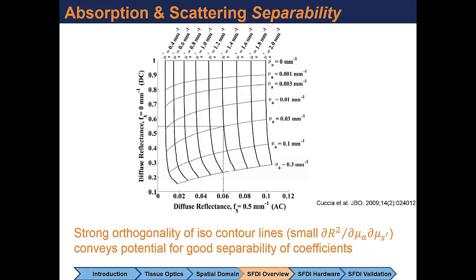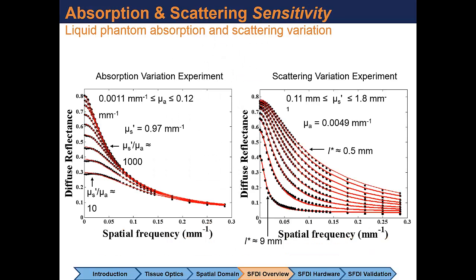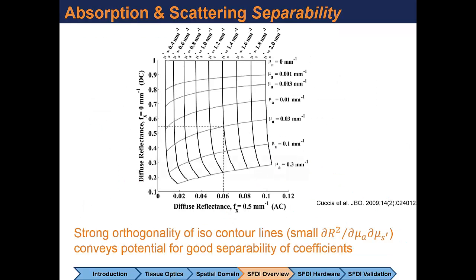So in this last slide, we talked about optical property sensitivity. You can see that we're sensitive to absorption, we're sensitive to scattering, but we also talked about how there's a differential contrast between absorption and scattering. And one way that has been very useful for me, because I'm an experimentalist and non-mathematician, to visualize this contrast computationally is to draw isocontours of contrast. So our observable function is plotted on the two axes. This is what we would measure on the diffuse reflectance for zero frequency, a planar wave. And let's pick 0.5 per millimeter, a very high frequency, where we might do the best to resolve the